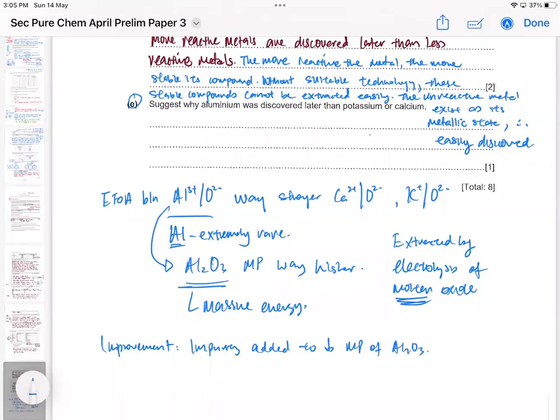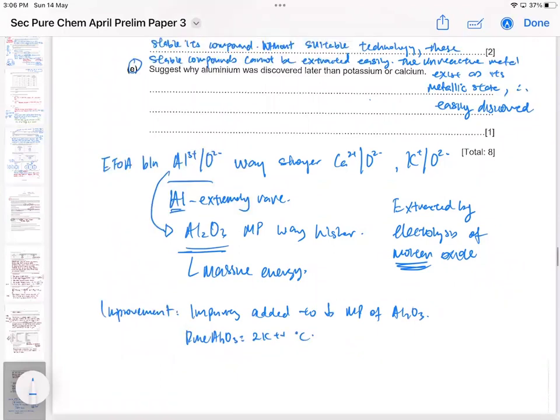This is under Sec 3 topic when you all do the effects of impurity. The impurity will lower the melting point. So the pure aluminum oxide melts at maybe 2000 plus degrees Celsius. But when you add this impurity called cryolite, which is a compound of aluminum,